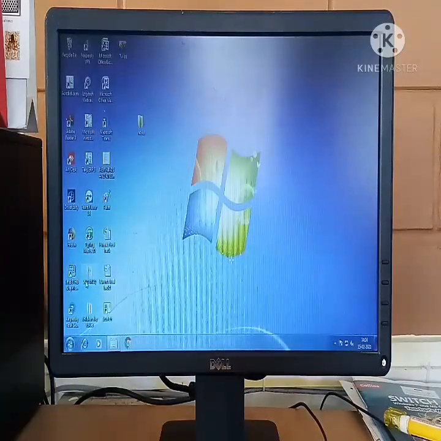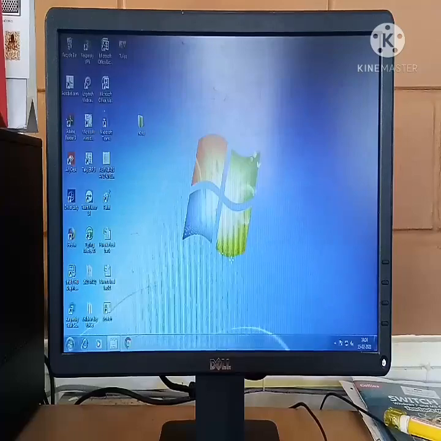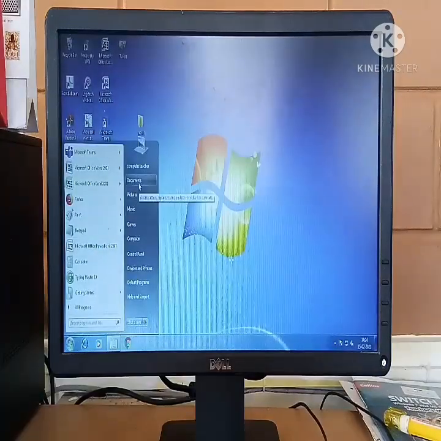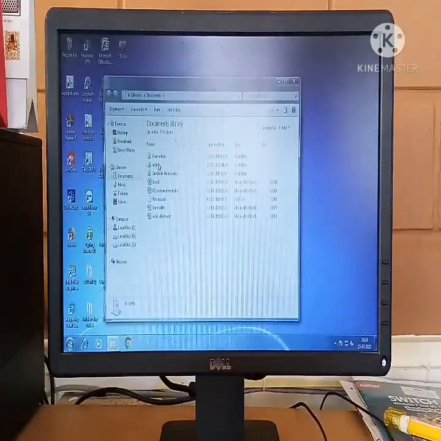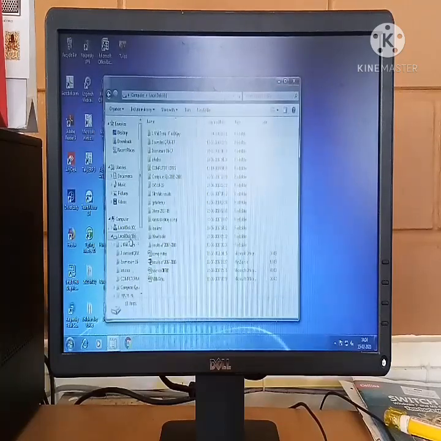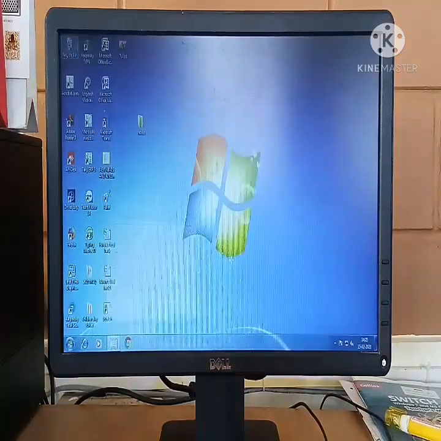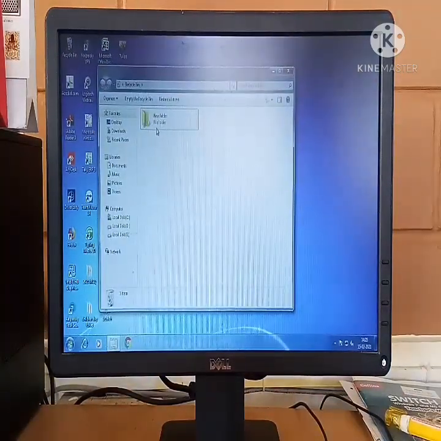Now from where did I delete that computer notes? I had deleted it from the documents, isn't it? So in the documents or in D drive. See, from D drive I had deleted, again it has come back to D drive. So in this way, deleted files or folders can be restored back. But if you have deleted it from the recycle bin, then you will not be able to get it back. Is it clear, children? Yes.